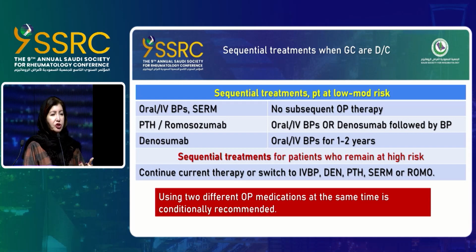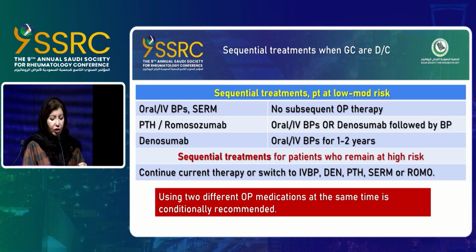What about sequential therapy? It's like primary osteoporosis: after teriparatide or denosumab, if you stop, there is always bone loss. You don't stop. After bisphosphonates, okay, you stop, you take a drug holiday. So the same applies for sequential therapy in patients on steroids. If the glucocorticoids are stopped, you have to reassess the patient: are they low, moderate, or high risk? If the patient is at low or moderate risk, you stop bisphosphonates. You don't need anything after that.